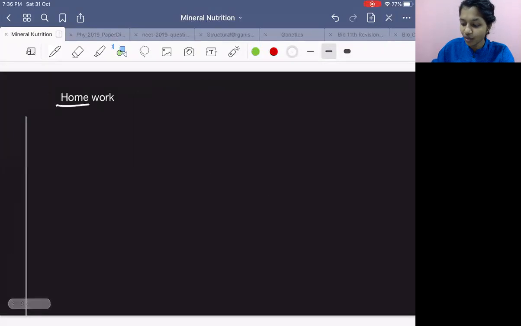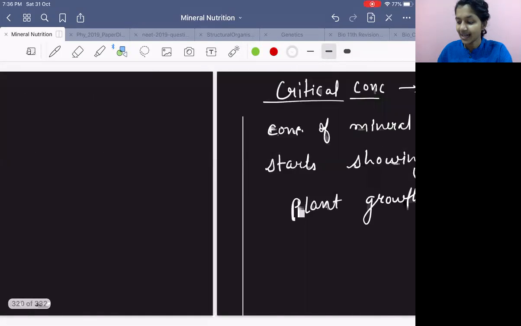Talking about the homework, I hope everyone has done it. I had texted you. I have got replies from Swati, Raj, and Azam replied a few minutes back. I hope you all have learned the role of macronutrients and micronutrients. It was not just for saying, right? You have actually learned it. Okay, so that's that.